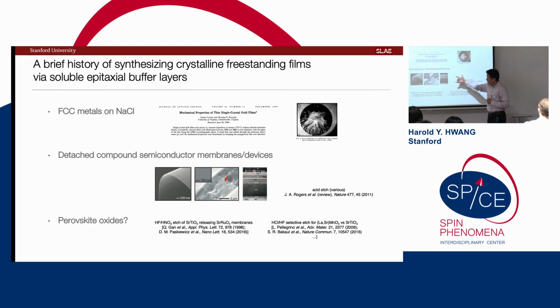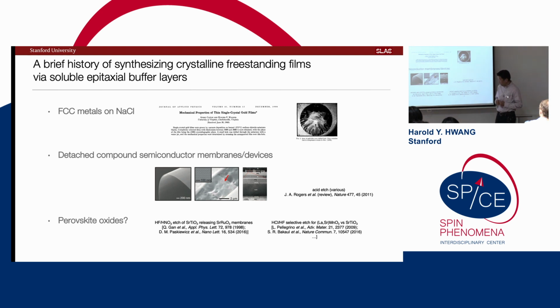Another school of thought over the past few decades is in compound semiconductors. There are cases where there are fairly sophisticated ways to do things like differential etching. All those chemistries have been worked out. So there are cases, for example, in III-Vs where, let's say, you can selectively etch an aluminum-rich AlGaN layer and release, again, very nice single crystal semiconductor membranes or even devices. And lots of people are playing with that as a way to integrate this with very different materials towards soft electronics, if you will, and so forth. Okay, so how about for oxides?